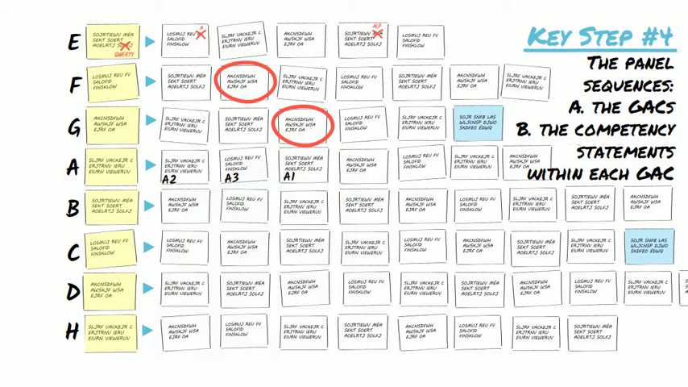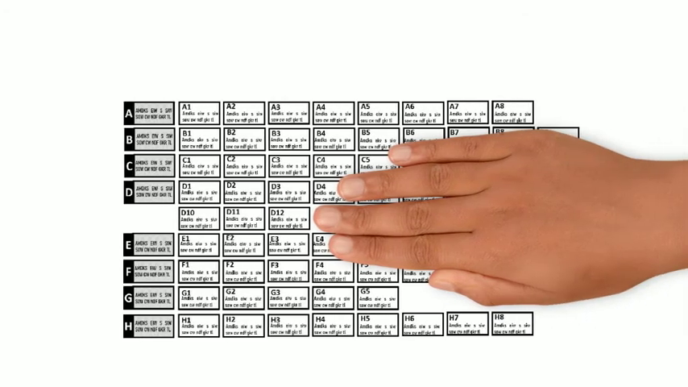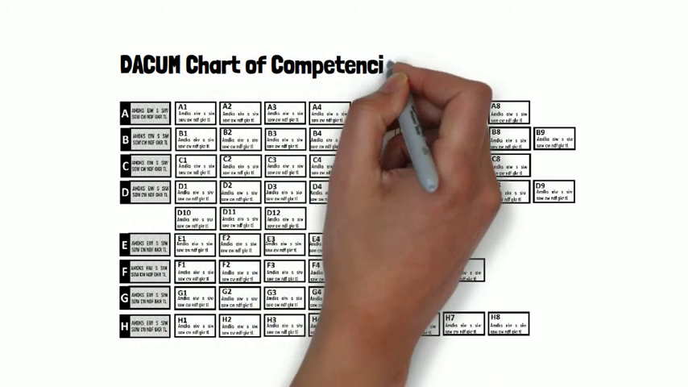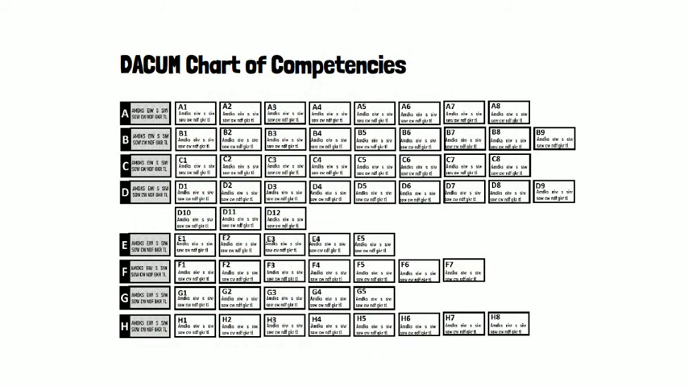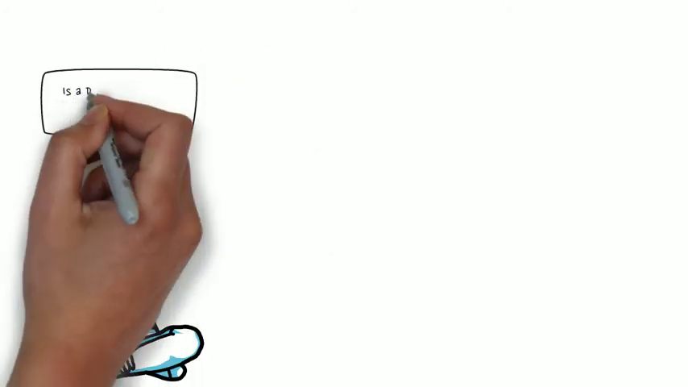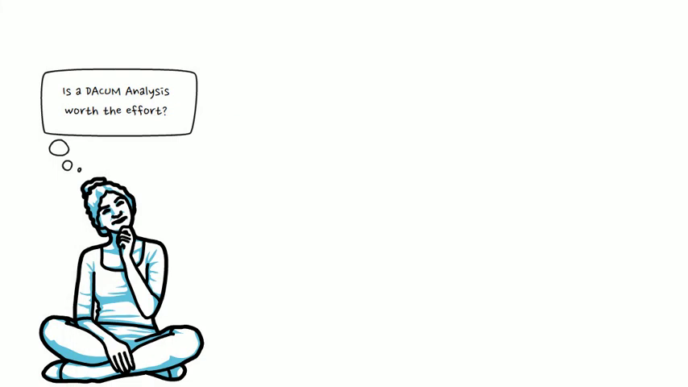When all is said and done and the DACUM analysis is reproduced in its orderly version, the result is a DACUM chart of competencies that looks somewhat like this. You're probably wondering right now, is a DACUM analysis really worth the effort? It definitely is,